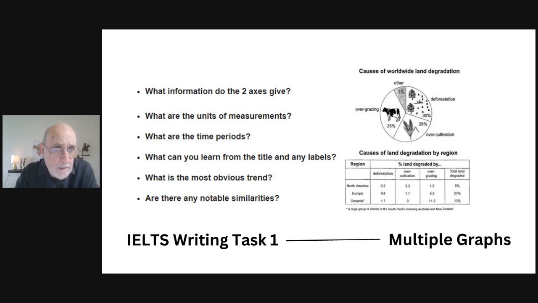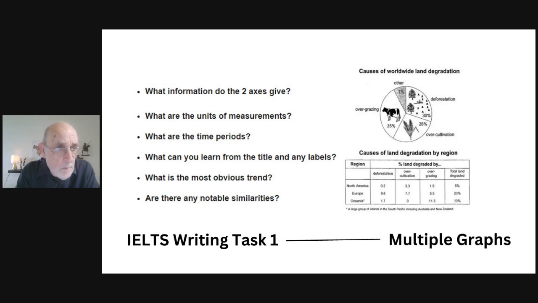So when we look at our titles, we see that the pie graph deals with causes of worldwide land degradation. So we're talking about land degradation, and in the pie chart, we have the causes overall in the world. And then when we look at our table, we still have causes of land degradation, but this time it's by different regions, and we have 3 different regions that we're looking at, and we have the same reasons as we do in the pie chart